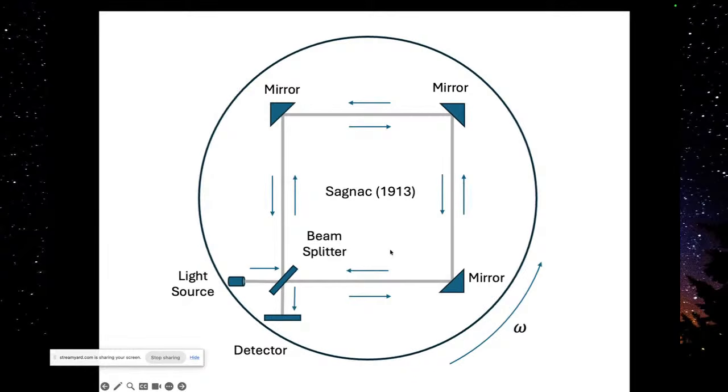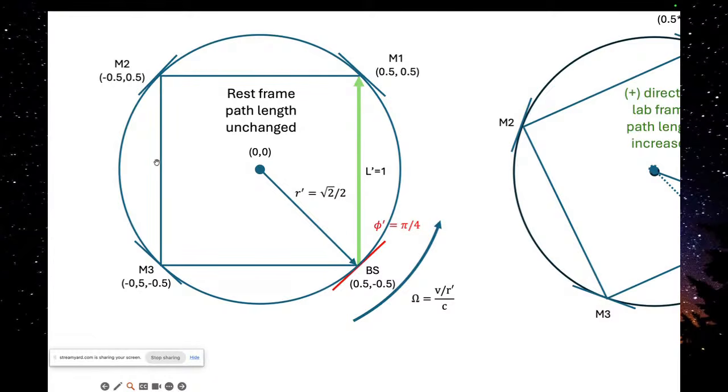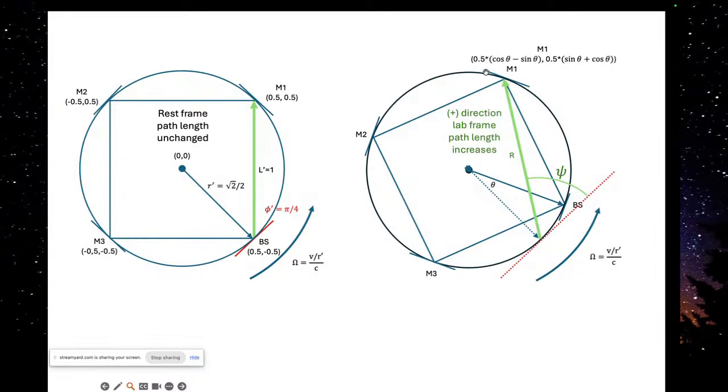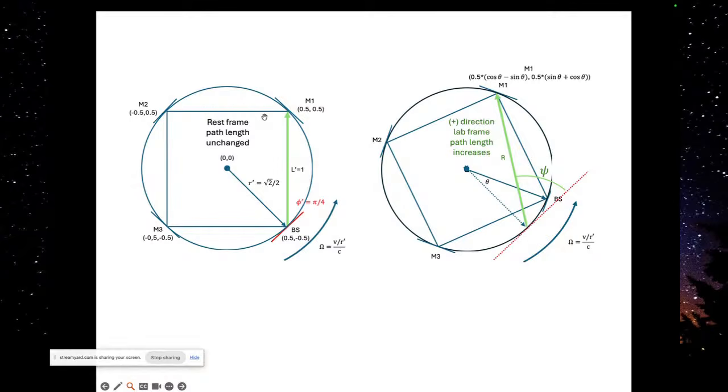in the original experiment, it was simply done in air. And what Sagnac did is he put this whole thing on a rotating platform. So the whole thing spins, here drawn in the counterclockwise direction. And so what we're effectively getting is that in the rest frame, the beam of light that's going in the counterclockwise direction is drawn there, but in the laboratory frame, we have a slight movement of the mirror in the transit time from the original beam splitter to the mirror. And so we get an increase in the path of the light as it's going around and back to the beam splitter relative to the laboratory. But relative to the rest frame, we have normal lengths going around. And then in the opposite direction,